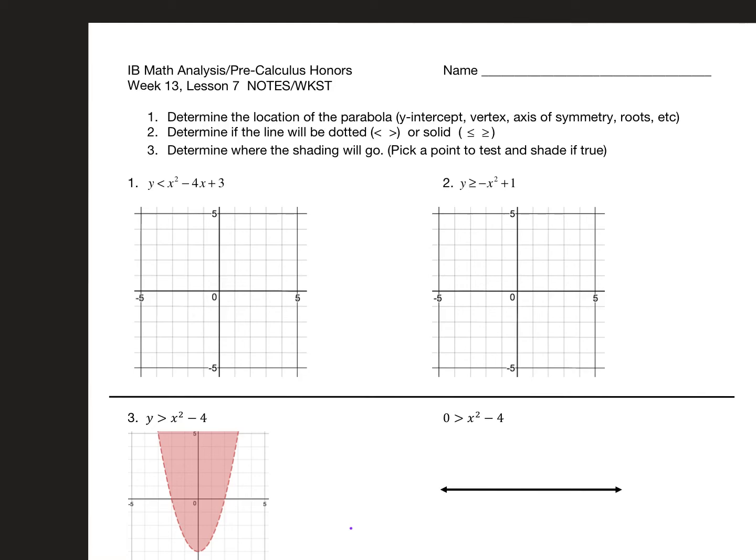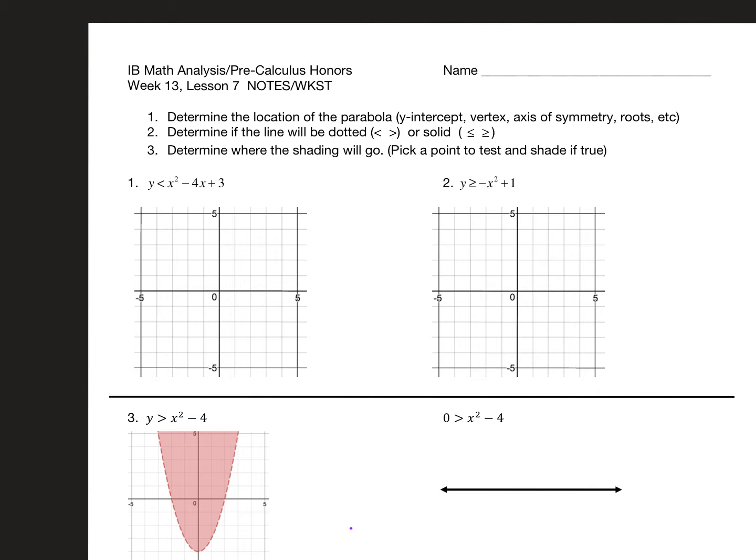Week 13, lesson 7. Okay, so this worksheet is going to count as both the notes and the worksheet that you need to complete and submit. So you will have to have all the problems done when you submit it. All right, so I'm obviously not going to do the whole thing for you, but I'm going to start with